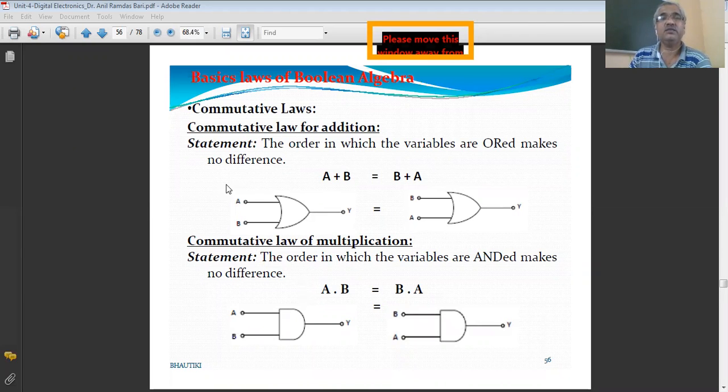We have seen the commutative law of addition and commutative law of multiplication in the last lecture. So a plus b is equal to b plus a. That means the order in which the variables are ORed makes no difference. So addition is commutative. So a plus b is equivalent to b plus a, and this can be shown by taking these two variables